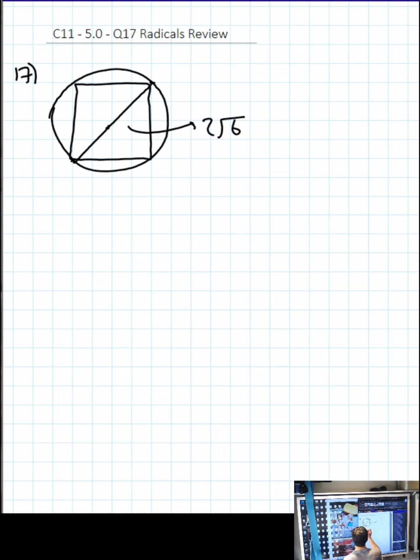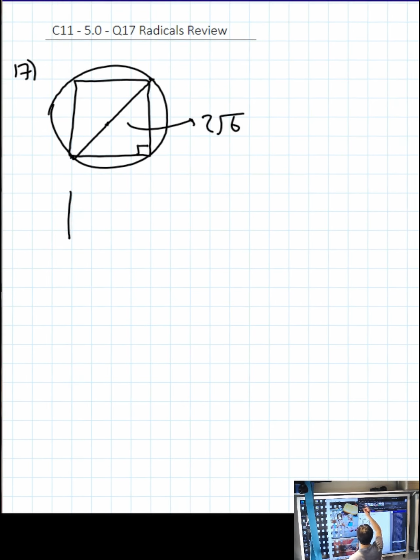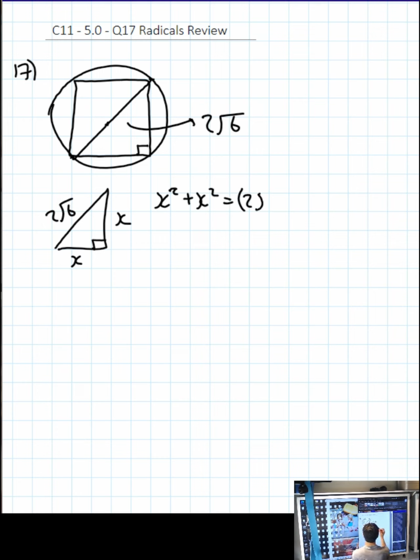Let's draw that right angle triangle all by itself, separate. And let's put 2 root 6 on the hypotenuse, and let's label the two side lengths x. So beside it, let's say Pythagoras' theorem. x squared plus x squared equals brackets around it, 2 root 6, all squared. So that's just a squared plus b squared equals c squared. On the left-hand side, we have 2x squared